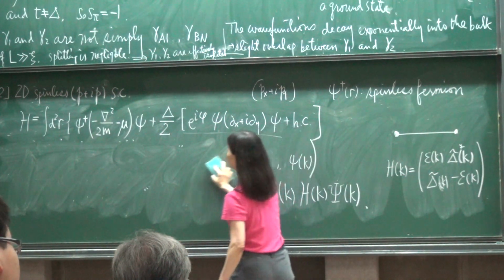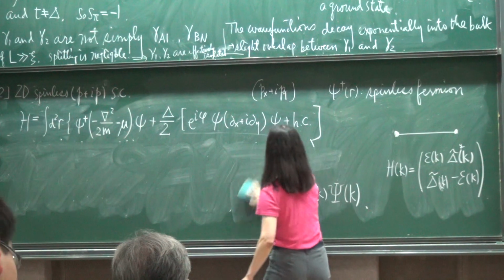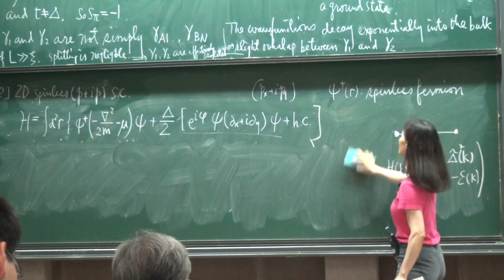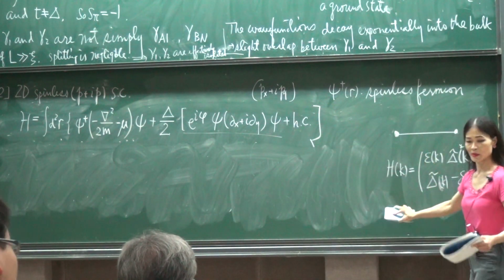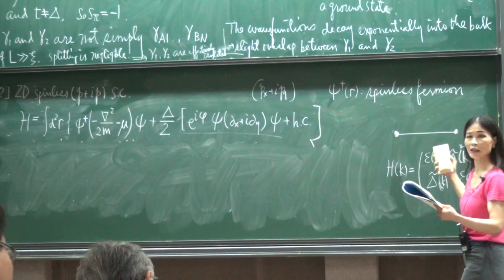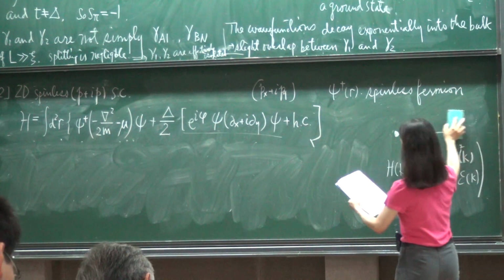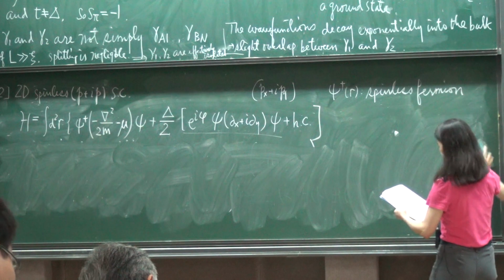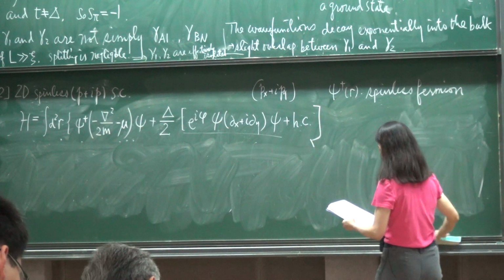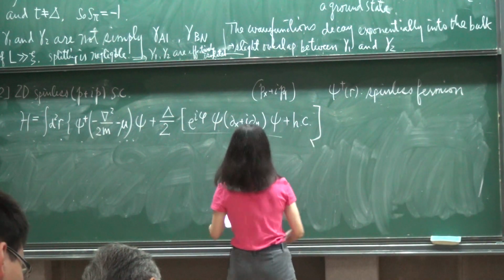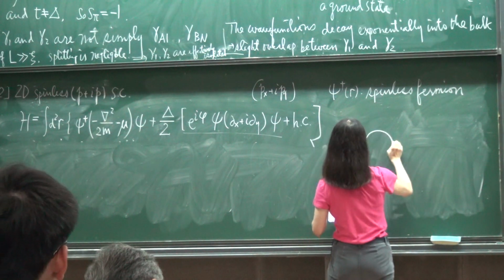Because I want to do more run-on modes. So I want to somehow have interfaces between the topological superconductor and the trivial vacuum, right? So that's what I want to do. So how do I do that? Well, I can do the following. I can construct an annulus.